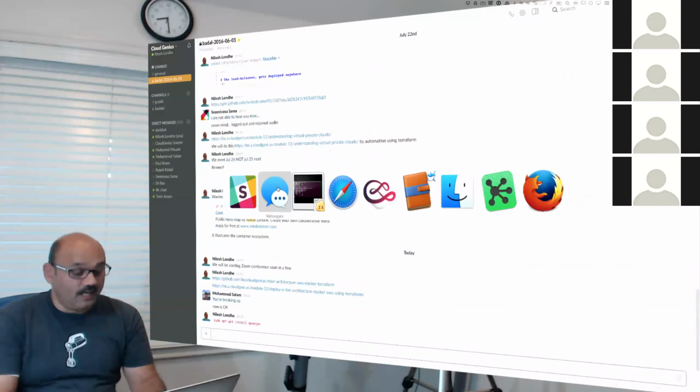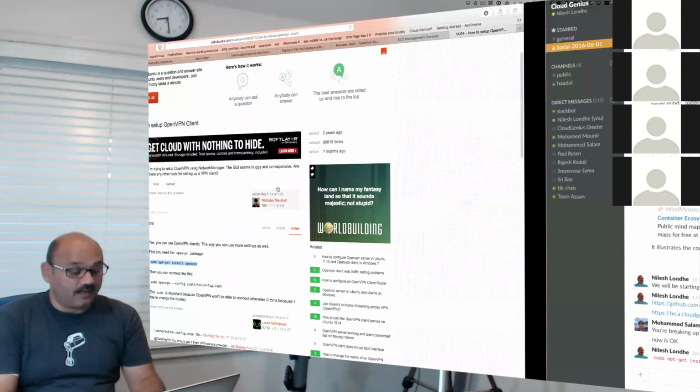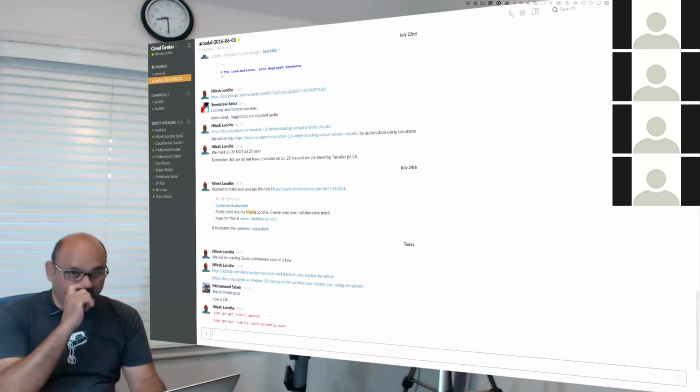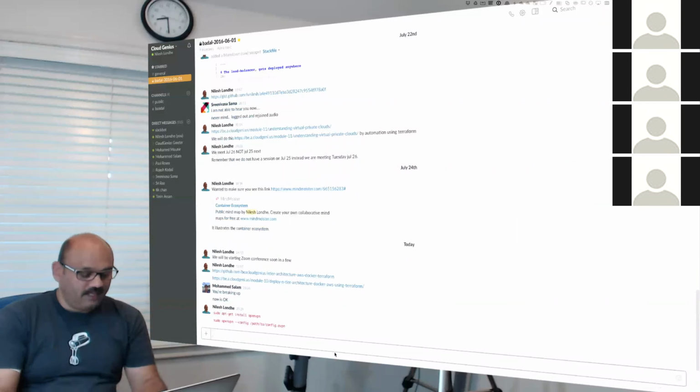And now I will run OpenVPN client and provide a path to the configuration. In my example, it will be something like nilesh.automated something.openvpn. That's the name of the configuration I think I have.